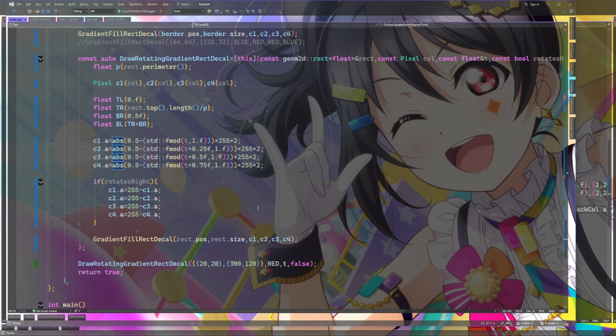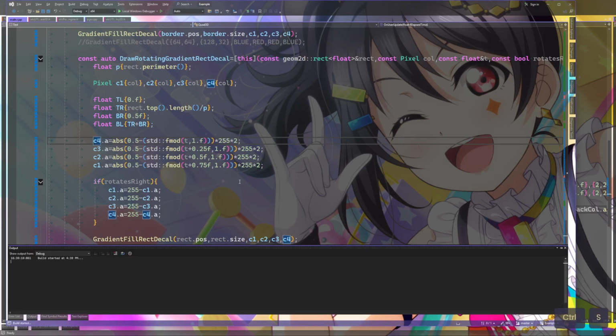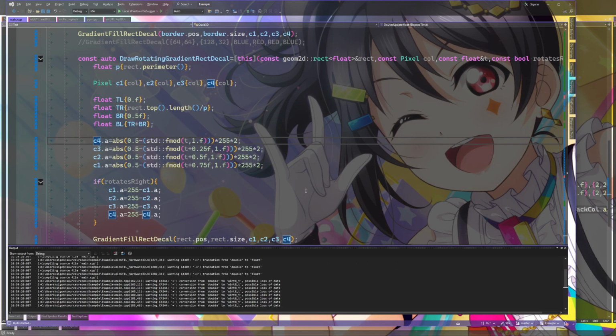I think to rotate left, you have to go... Let me think about that. You have to flip these. So, like, this is actually corner 1 now. No, but that still wouldn't result in... Oh, it does. Okay, cool. There we go. Yes. That is rotating left.